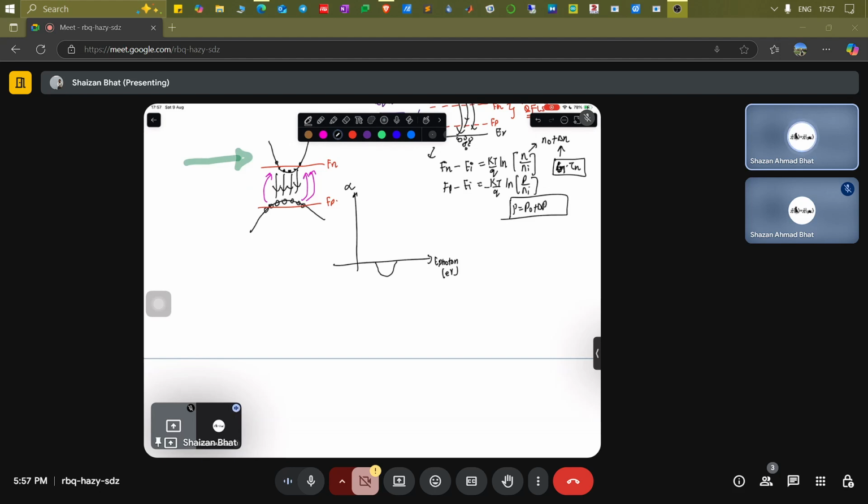It's going to look something like this. But for the absorption part, it's going to look back something like this. So in this part, you will be having gain, which is negative absorption. But in this part, this is going to be a usual absorption, which is proportional to the square root of h nu minus Eg. Okay, so that is the fundamental notion.